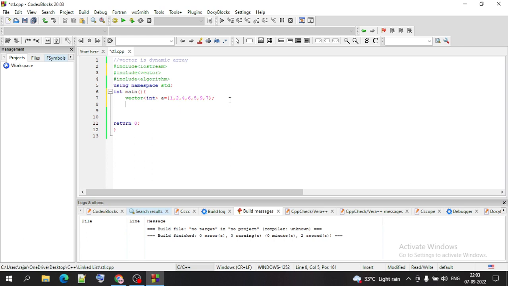We just try to write the code to add another element to the vector. So write a dot push back 11, right? We are adding 11. Now we try to print out every element of this vector. For that we can use the auto keyword, right? For auto x belongs to a,